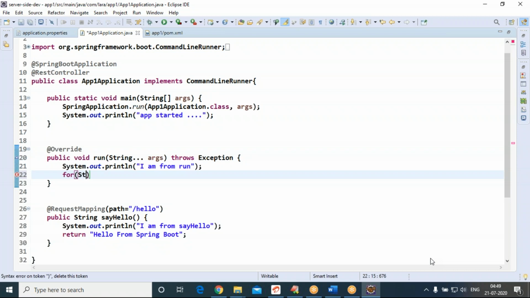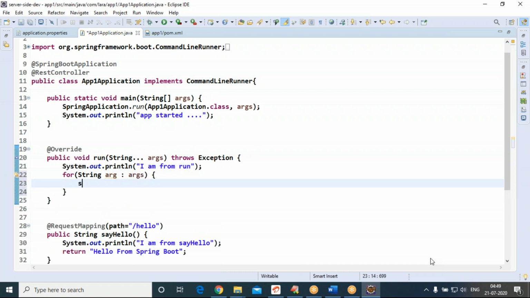A for loop. Print the command line arguments, if at all you are supplying, in the run method.